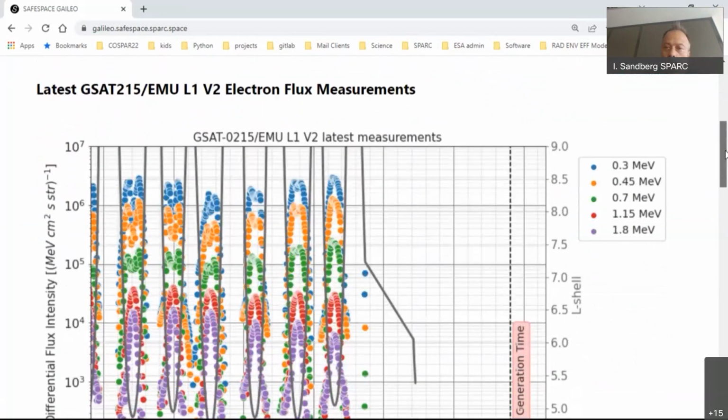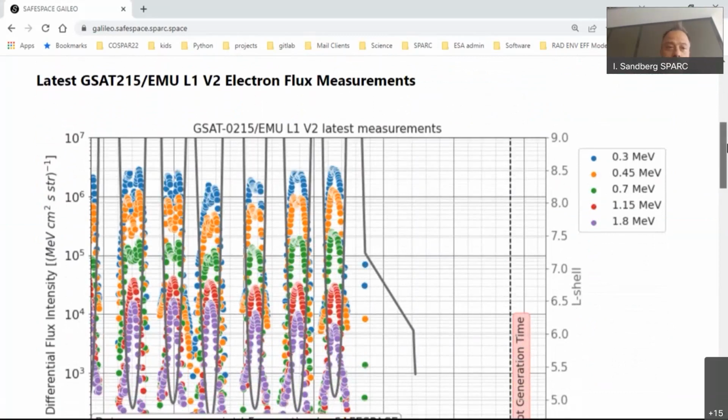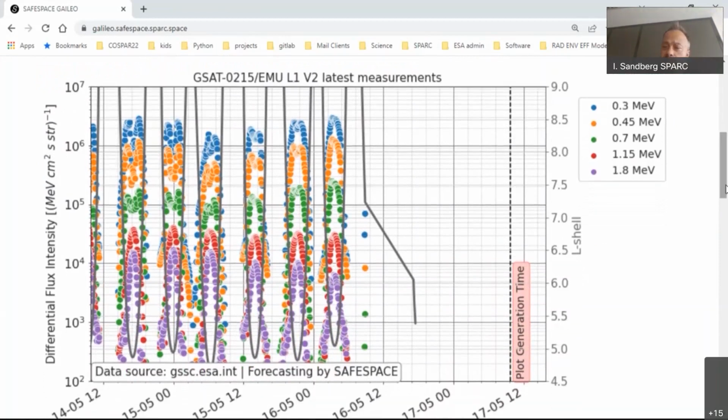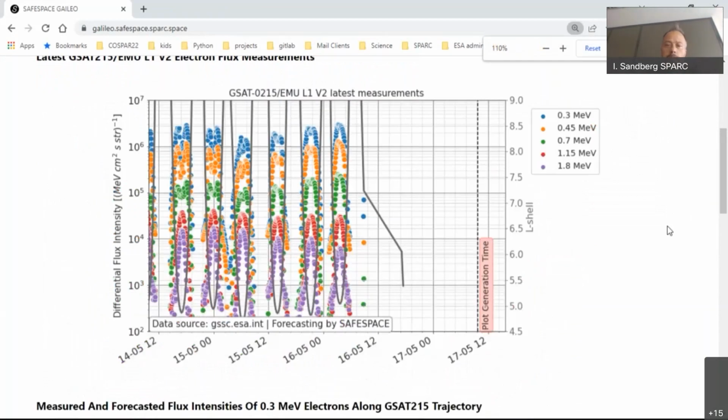And we present essentially 3 plots that are going to be updated on a daily basis regarding the forecast and regarding the near real-time basis of the Galileo satellite, as long as these are available from the Galileo Science Data Center. So the first plot, as you can see, I hope, through the WebEx, presents